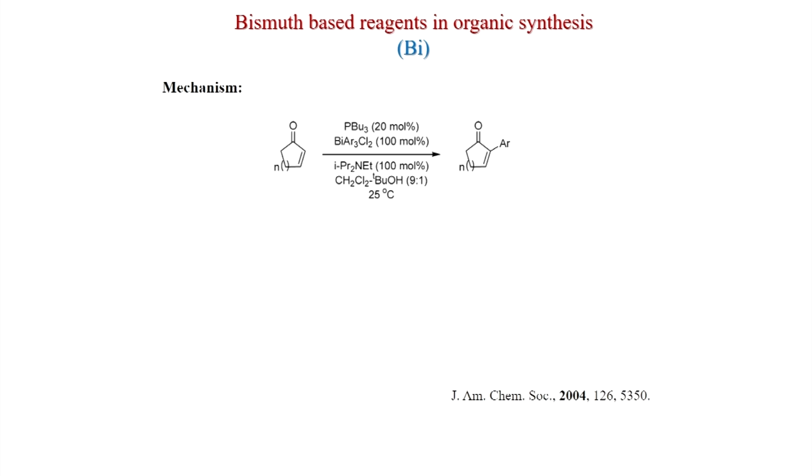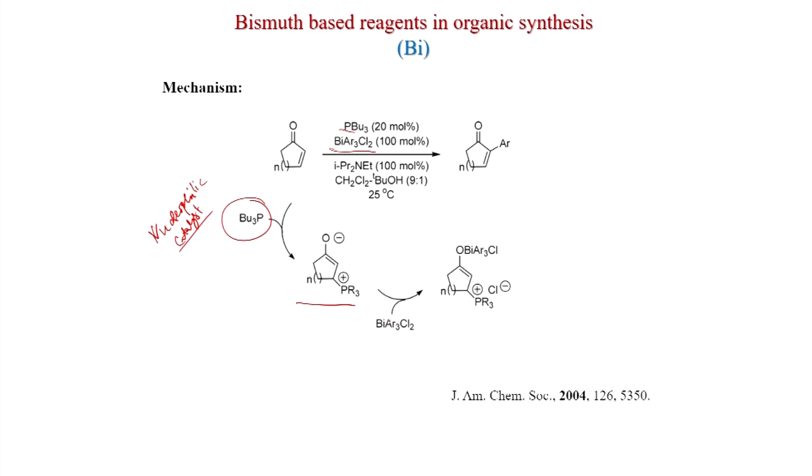So, this is the reaction, again we have drawn here the tributyl phosphine, and this is the BiAr3Cl2. So, what could be the mechanism? First we know the phosphine is a nucleophile. So, this is the nucleophilic catalyst, the tributyl phosphine, that adds to the beta position to generate this enolate, and then the enolate reacts with this reagent. So, the enolate reacts with this and one Cl minus will be displaced. Two chlorines were there, now it is one chlorine, bismuth still in 5, because bismuth is connected with 5 components,